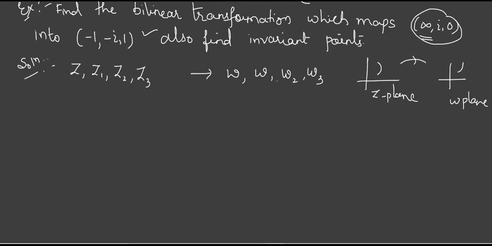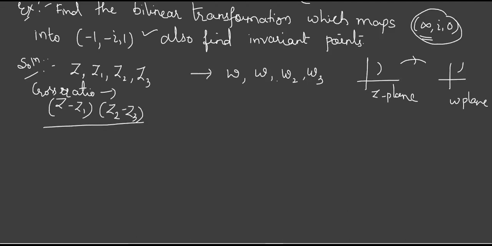Now, can anybody tell me what is a cross ratio? Last time I have told you how to write it. Go on taking the difference but leaving one difference in between. Start from the first point. This is what is called the cross ratio. So the cross ratio is Z minus Z1, leave the next, Z1 minus Z2, you leave. Then start again from Z2 minus Z3, then divided by what you left, going again in cyclical order.